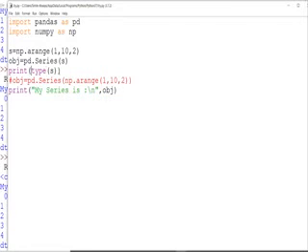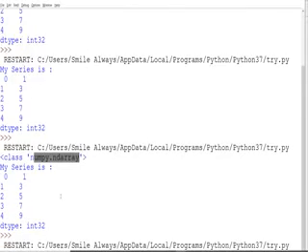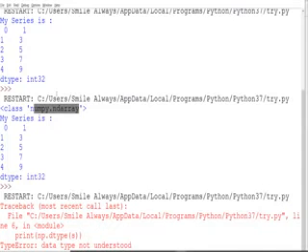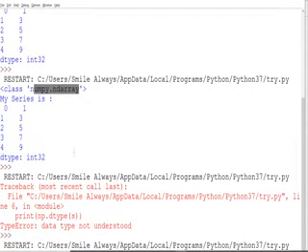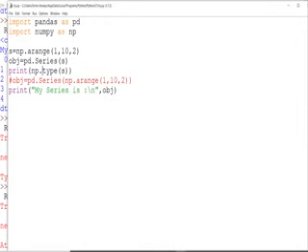One second. np dot dtype. I'll show you the function of this.